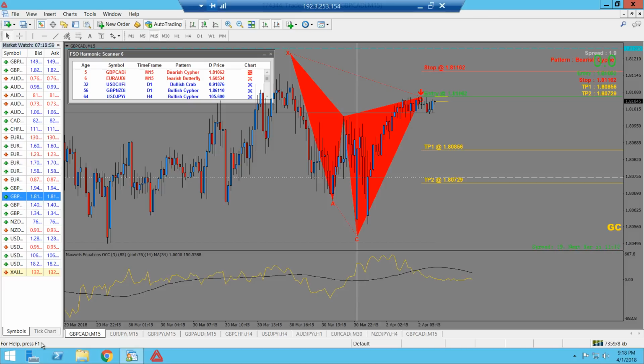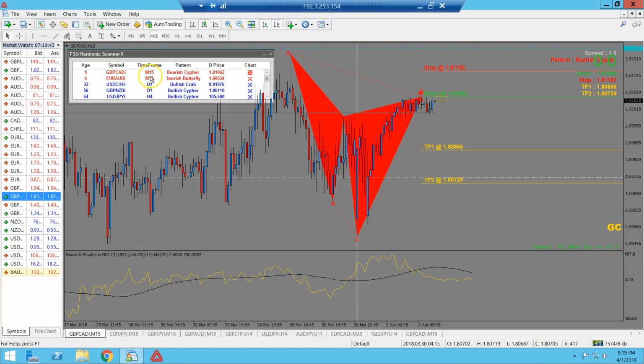And in order to use this technique, you do have to have a little knowledge about Fibonacci and the different harmonic patterns. But the good thing is, if you do not have a lot of experience with harmonic patterns or Fibonacci, there are all types of harmonic cheat sheets that you can Google that will give you the correct ratios for the certain patterns. So right now I have the FSO harmonic scanner pulled up on my screen, and this is a signal that popped up today